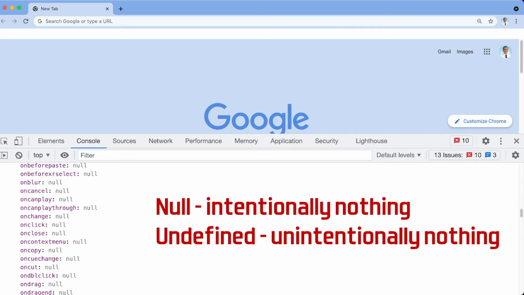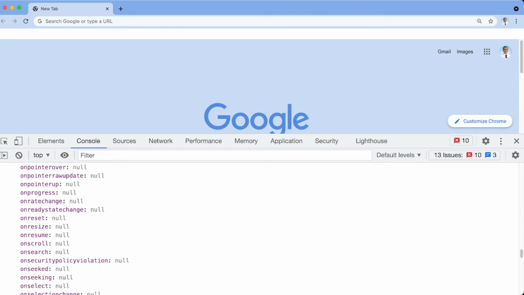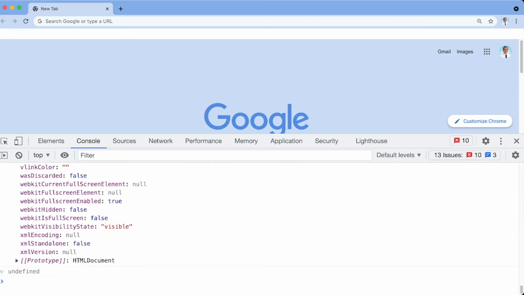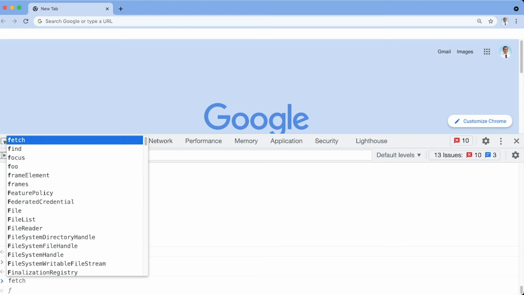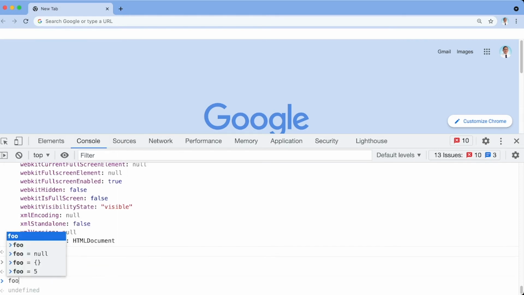For example, my variable foo, let's type in here. If we type foo, it has not been set to anything, and therefore it's undefined in here. No one set it to be nothing, okay? So it's undefined. But if I say foo equals 5,